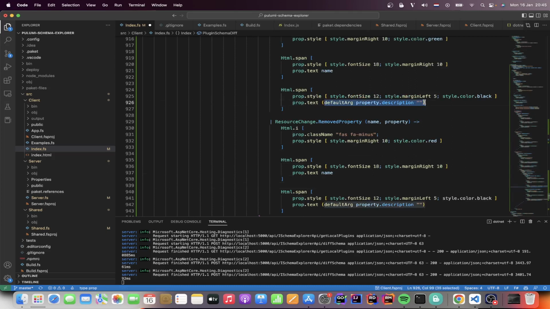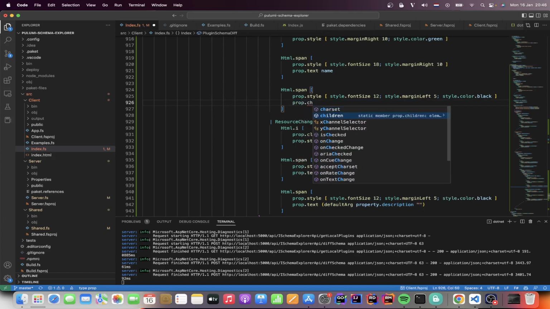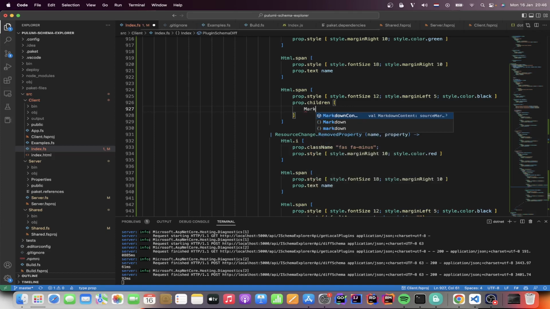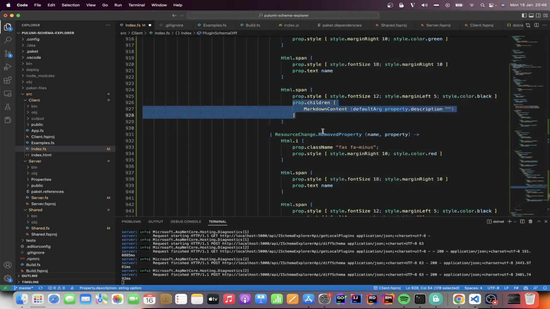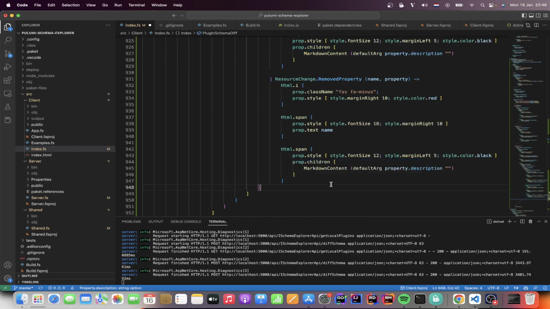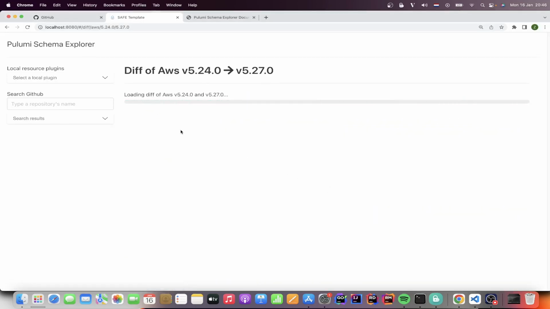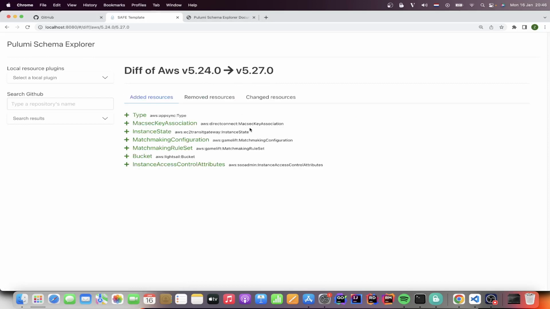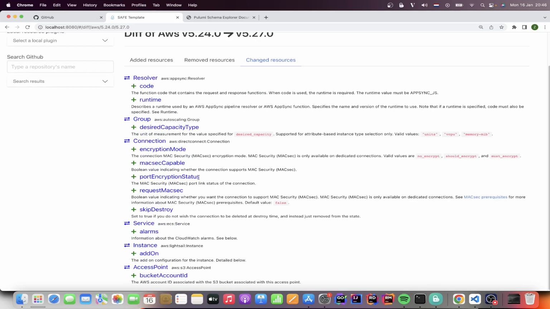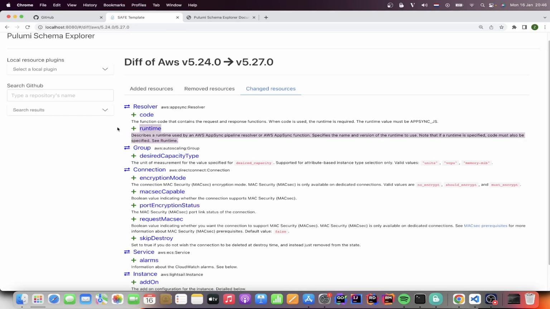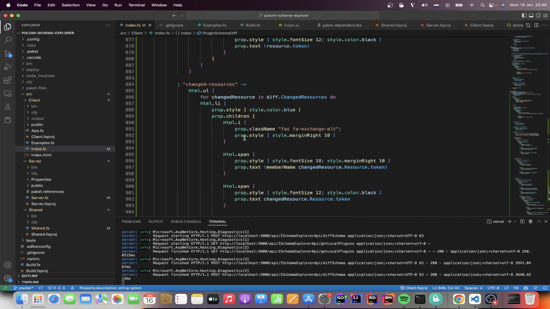And instead of text, I might actually go ahead and do a markdown. So prop children is markdown content. Okay, let's see how this looks. Yeah, that looks way better, except that